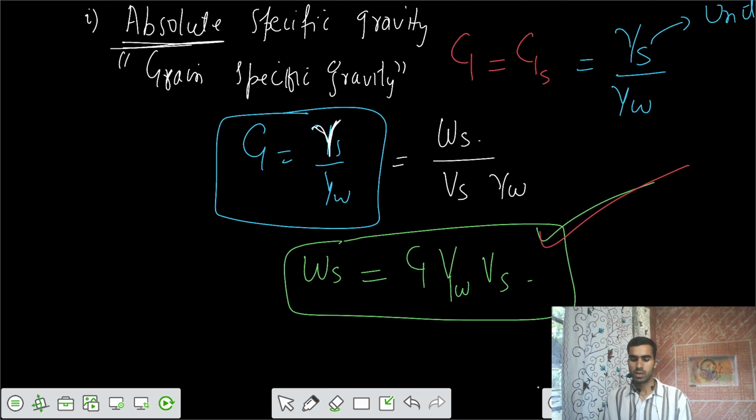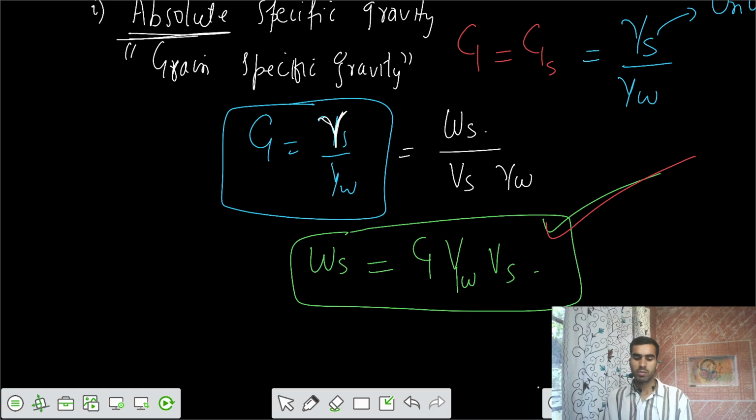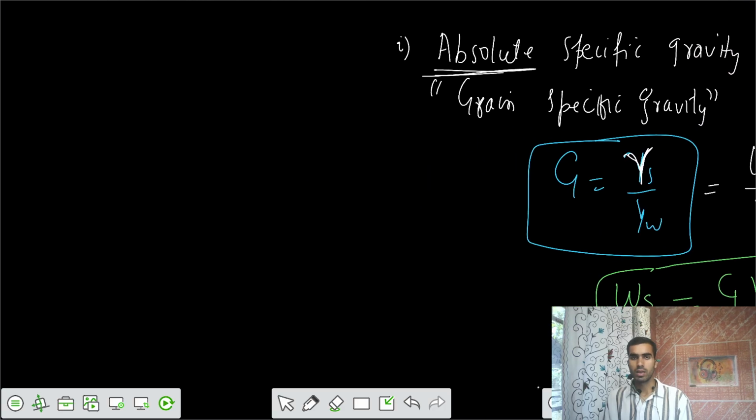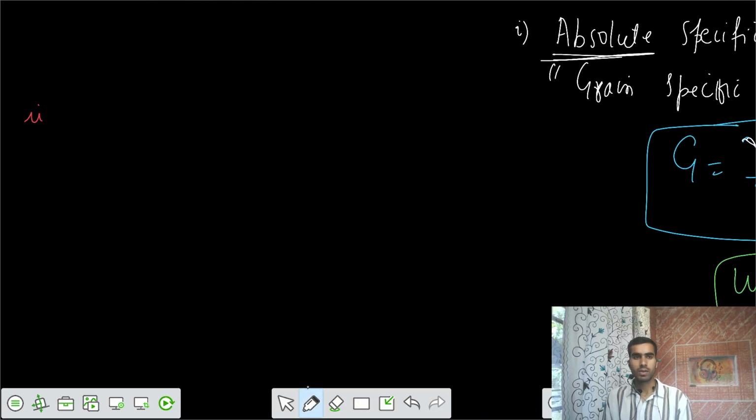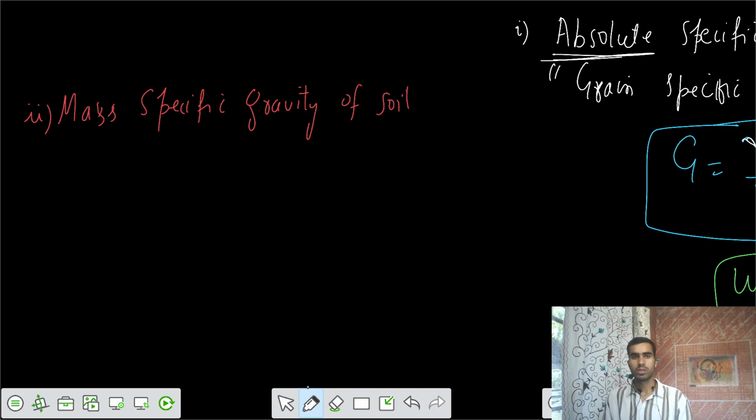After that, we have mass specific gravity of the soil. The second one is what we call the mass specific gravity of soil. This one is your general value. We write it as Gm. That's related to mass, a general, bulk value. Gm is the unit weight of soil